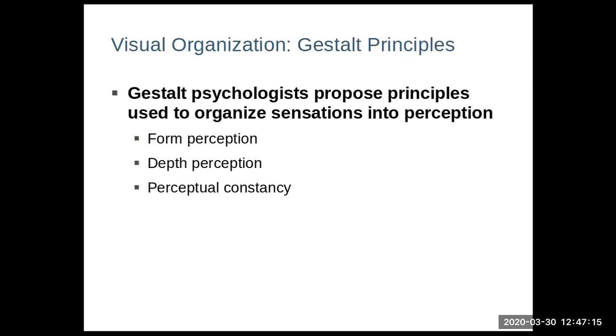And that includes the form that we see, how far away it is from us, depth, and the most important part of all, basically, which kind of ties into sensory adaptation, is perceptual constancy. If I was lecturing to you right now and I turned from facing you to sideways, facing the door, how do you know that I'm the same person? When I go in front of the projector screen and it's really bright, my clothes don't change color to you. You still see the same colors that I was wearing. When I go behind the desk and you can't see my legs, how do you know that I'm still a full 100% me? You know because of what we call perceptual constancy.